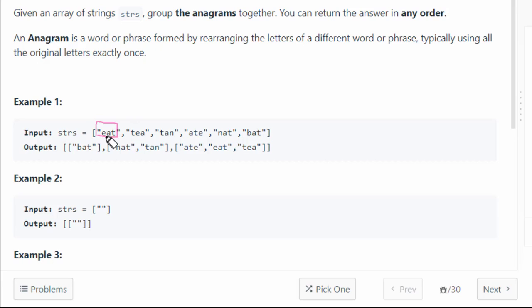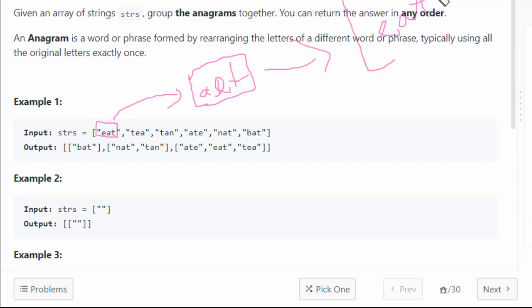First, let's take this string and sort it. That will be a e t. We make a hash map, and the key of this hash map would be the sorted form of this string, and the key would be AET. And for this key we will save an array, and in this array we will put